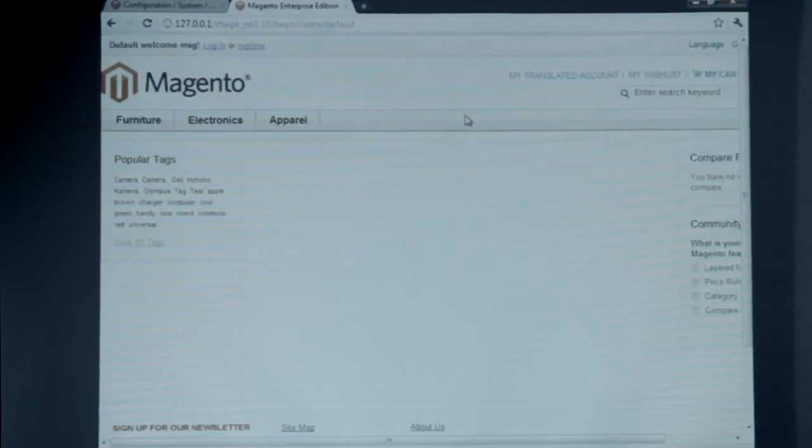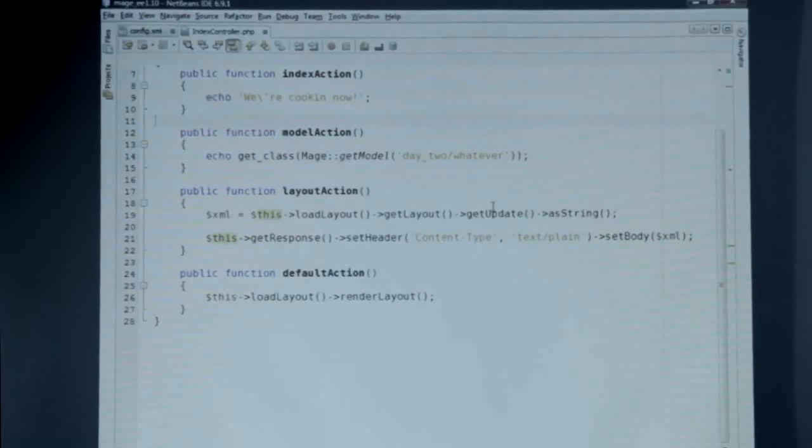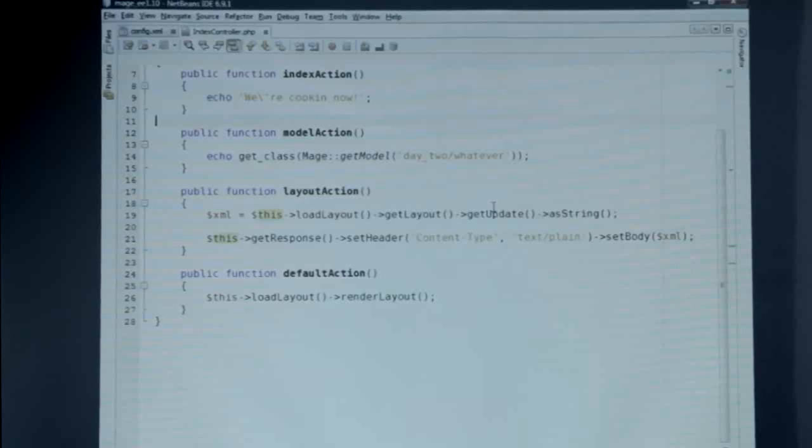Hey, I get a page. All of these things, this is all default stuff. So these were all specified in default, what are called layout update handles inside your layout files. All right? So back to the code here. That's just what that looks like. This load layout, render layout. But here, what I'm doing,